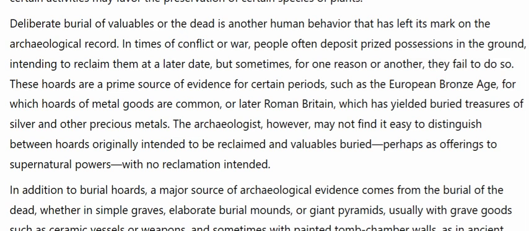These hoards are a prime source of evidence for certain periods, such as the European Bronze Age, for which hoards of metal goods are common, or later Roman Britain, which has yielded buried treasures of silver and other precious metals. The archaeologist, however, may not find it easy to distinguish between hoards originally intended to be reclaimed and valuables buried, perhaps as offerings to supernatural powers, with no reclamation intended.